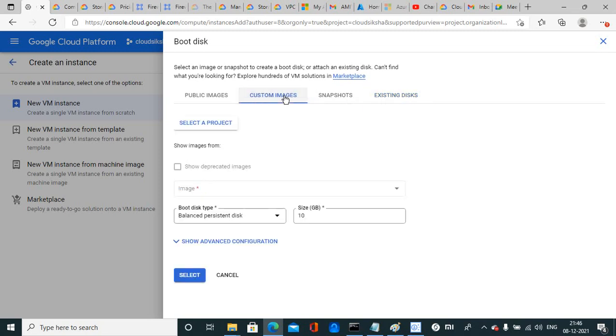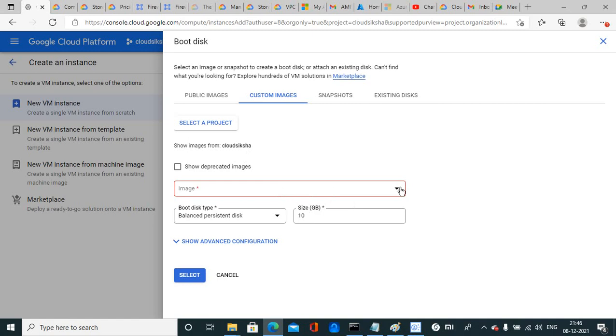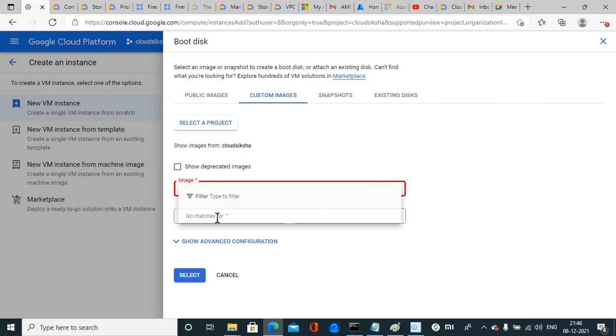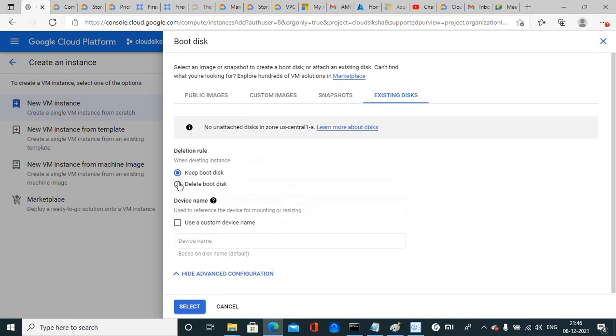Or custom image, where you select a project and image name. If you have any image here, you can select it, and from existing disk, disk, device name, all the things. So these are the places where you can find the image.